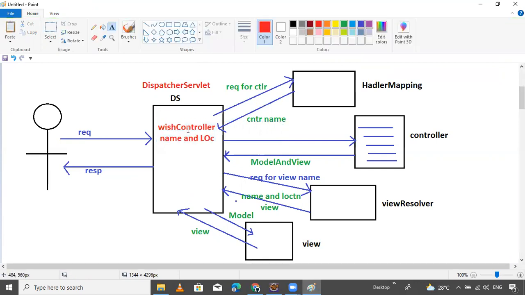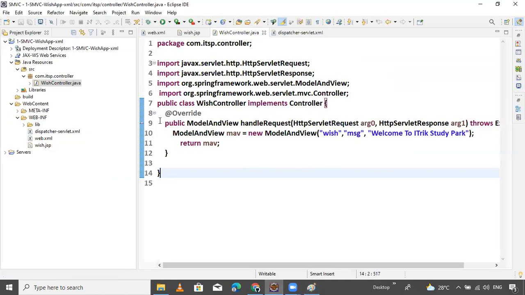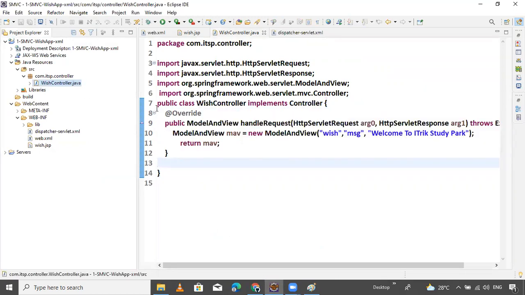Now the dispatcher servlet's responsibility is to go to the controller classes, go to the BIS controller, and where my BIS controller is, it will prepare and execute the business logic.